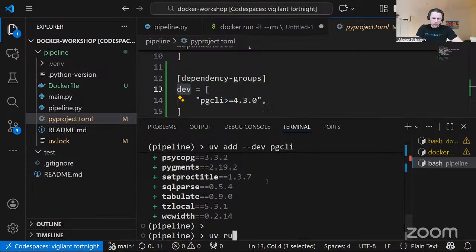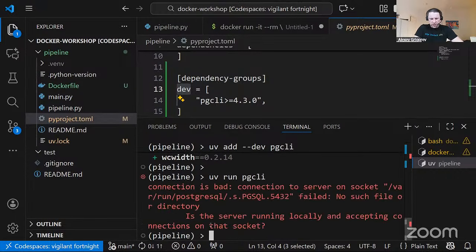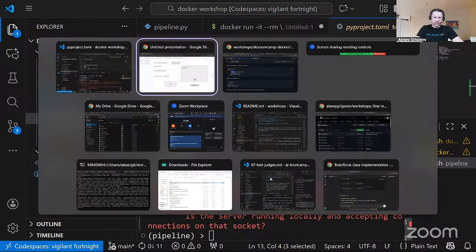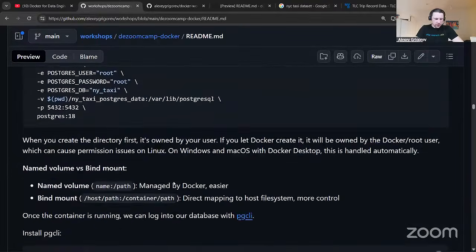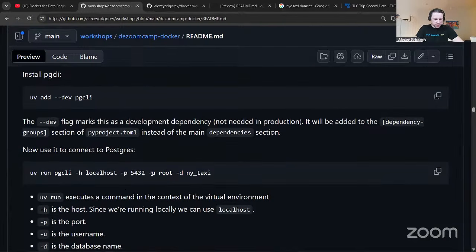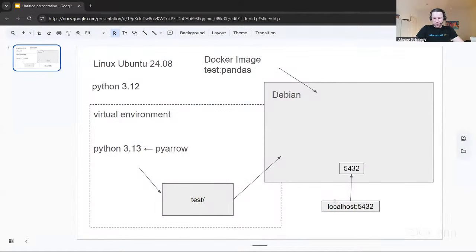But now what I can do is run pgcli. And then I can execute this command, right? Okay, it's complaining right now because we also need to tell it how exactly it should connect to Postgres. And I have this somewhere here. I'm just going to copy paste this, right? So we need to say that the host is localhost, the port is this. And because we did this port mapping,